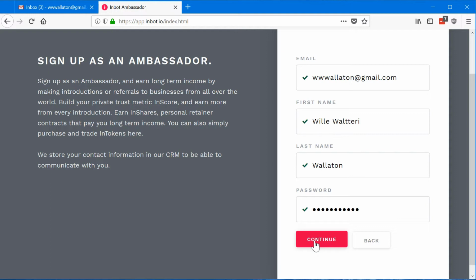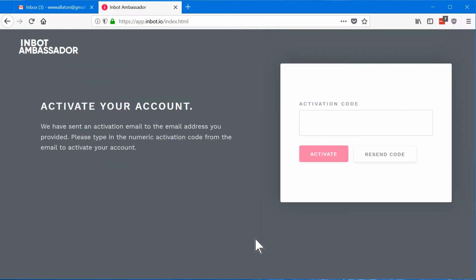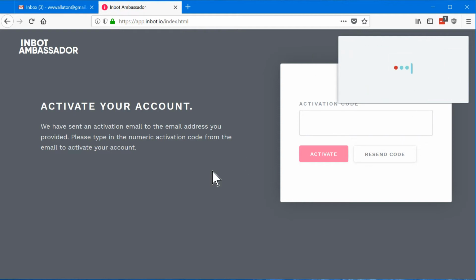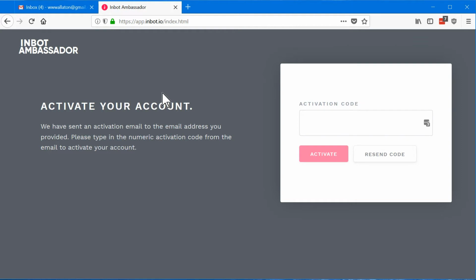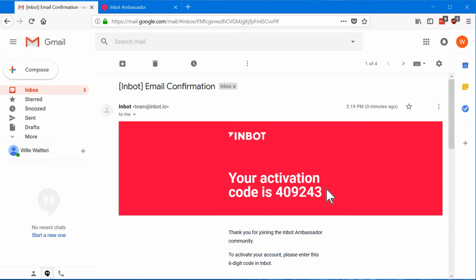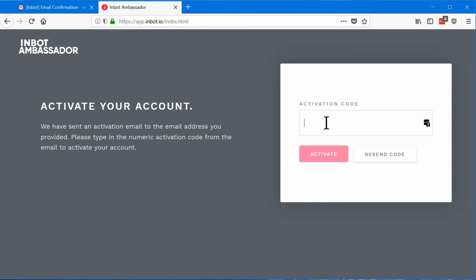It has to be long enough and secure enough for your safety. And now we tap continue. What happens next is that you will get an activation code to your email. Now I go to Ville's email, I see the email confirmation, and we see an activation code. I copy it, I paste it here,